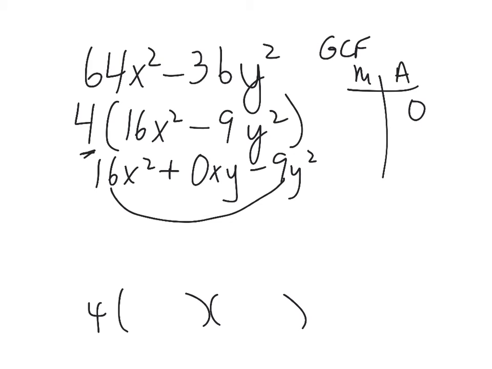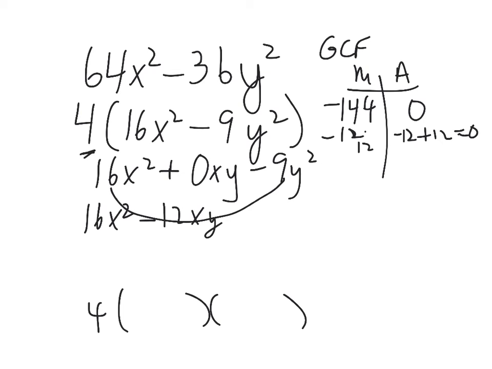That's a lot. That's 144. Negative 144. All right, so something that gives me negative 144 and adds to be 0. Again, if you know your times tables really well, negative 12 times positive 12 will give you negative 144, and then negative 12 plus 12 gives you 0. So I'm going to rewrite this: 16x squared minus 12xy plus 12xy